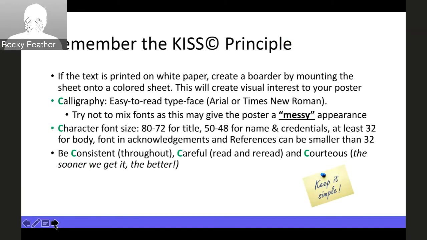So again, if you're going to use white paper, you might want to create a border that goes around the poster so that it's colorful and easy to see, and it kind of highlights that poster. Calligraphy, typefaces, Arial or Times New Roman, those are things that look good. Don't mix up your fonts and put multiple fonts. That looks really messy. And it distracts from the point of your poster, and it makes it hard for people